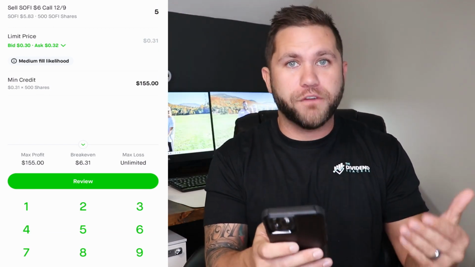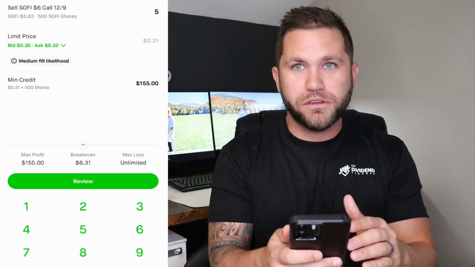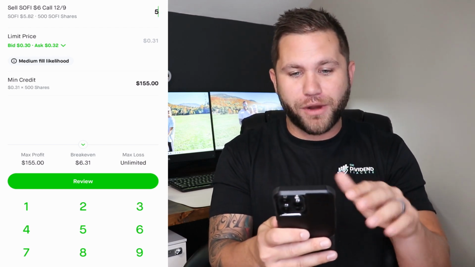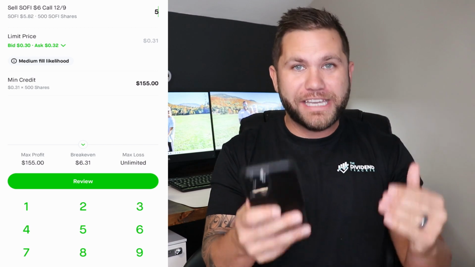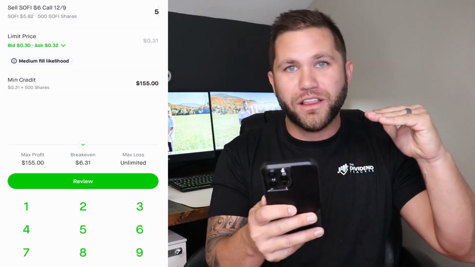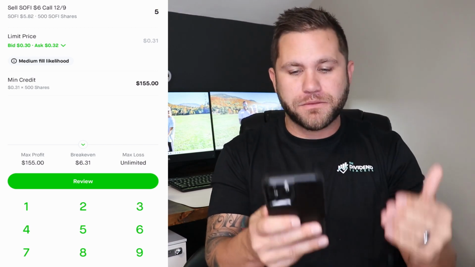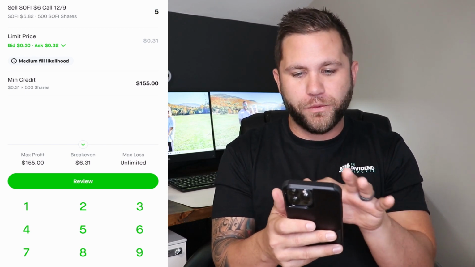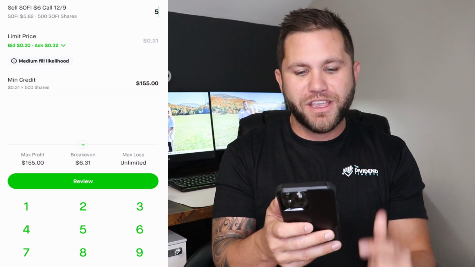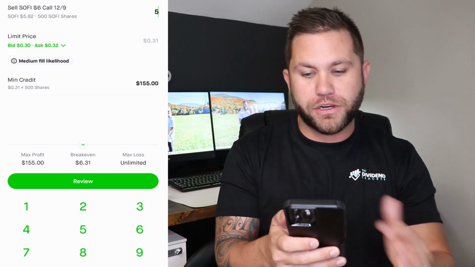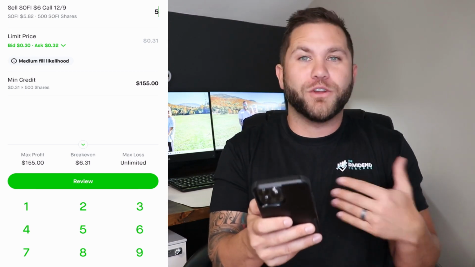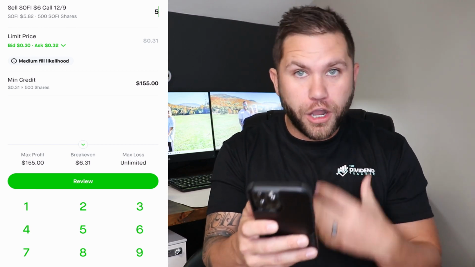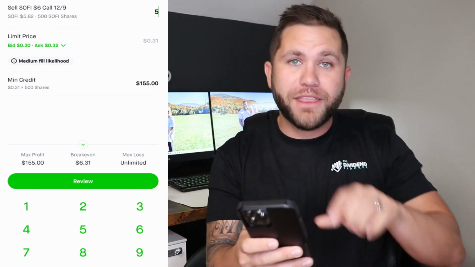And again, for selling covered calls, you have to have collateral. So for me, saying I'm willing to sell those 500 shares at the strike price of $6, meaning if SoFi gets to $6 or above within the next month by December 9th, and the limit price here for the bid-ask spread would be right in the middle at 31 cents. 31 cents times those 500 shares would be $155. So if I went through with this trade today, that means I would earn $155 today that would go directly